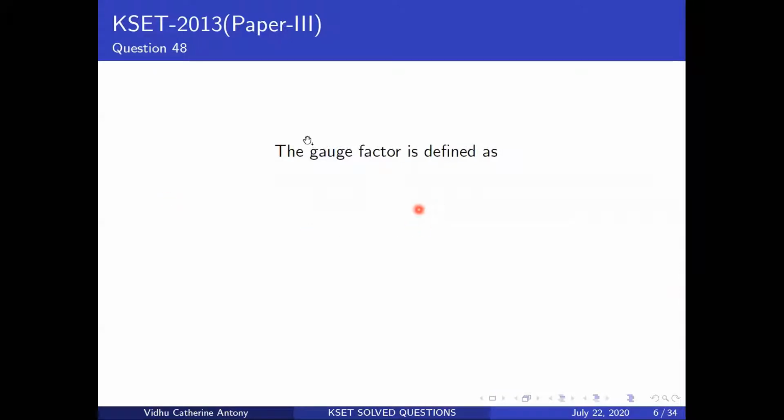Okay, so now I told you I would discuss the gauge factor, which is basically related to the strain gauge. Okay, so what was it? It was basically taking the change in resistance with respect to your strain. Okay, so these are the different options that are given to you. Okay, and now what do we do? It's basically some definition that you have.